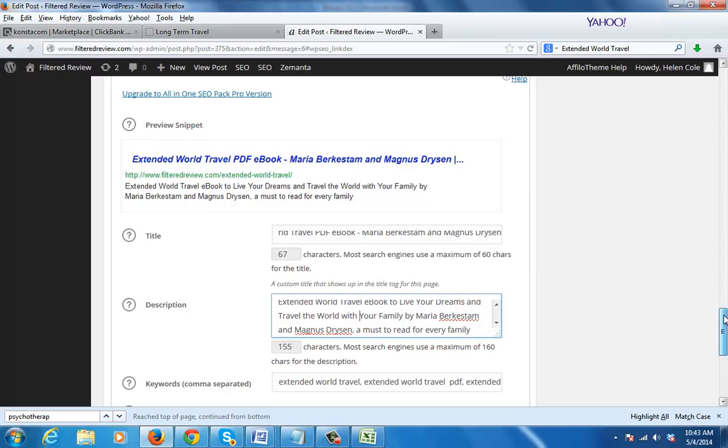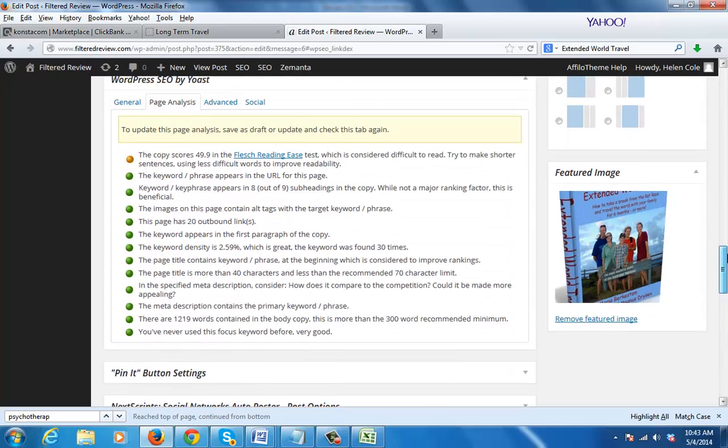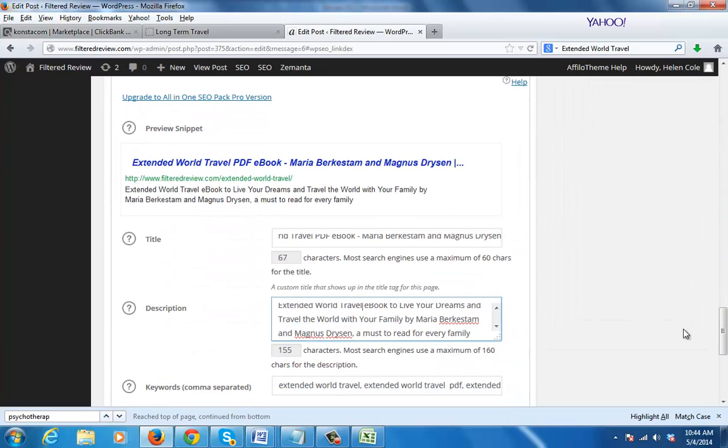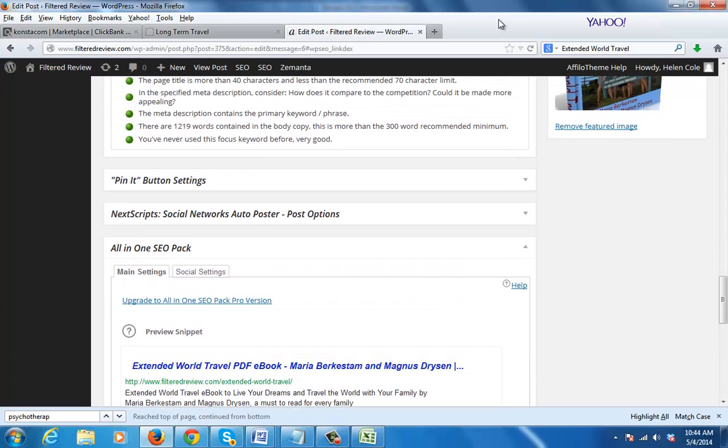Like, make sure you read this post before you buy this product. Some meta descriptions are like that. So it's telling us on this line that the meta description contains the primary keyword phrase, which is another important point. You must make sure that your keyword is in your meta description, or else when Google finds your post like this,